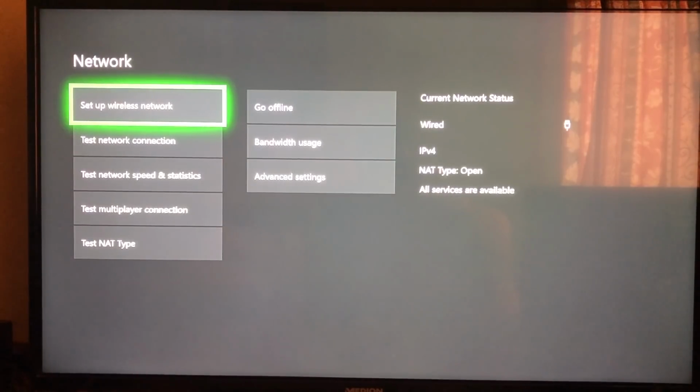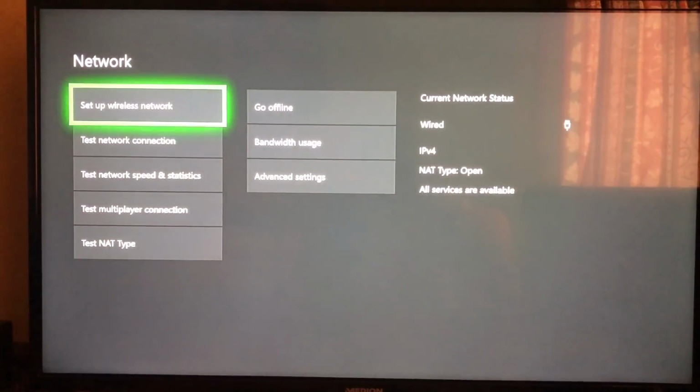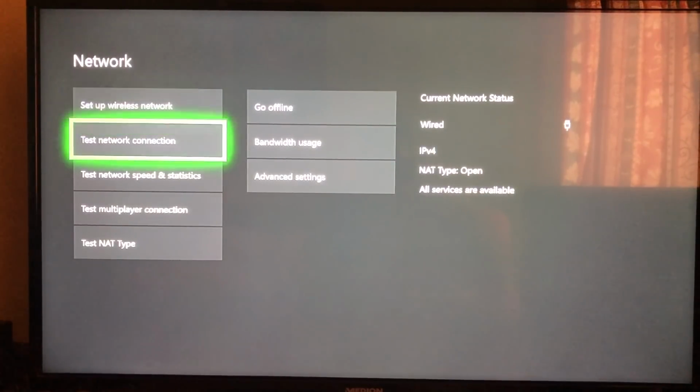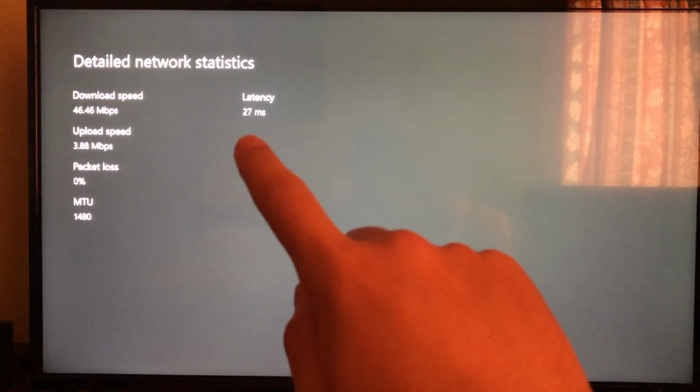Now guys, I just connected it with wired, like you see on here, and let's test our internet connection right now and see the difference. So guys, I just tested my internet connection with the Ethernet cable or LAN cable, and like you see, the latency went a little bit down.